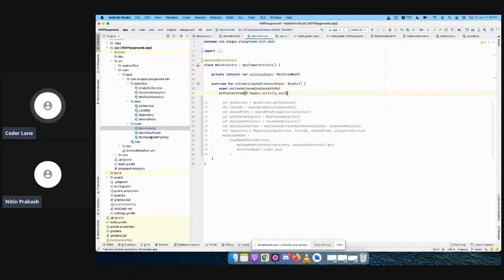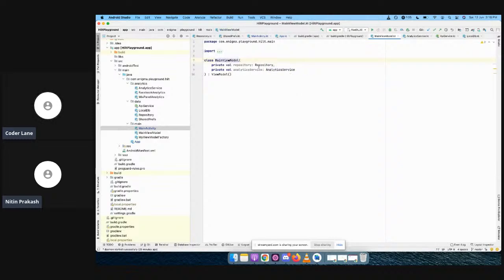Okay, so before that, I am using a view model, right? So let's instantiate this one by one. So to get the object of, let's say, the repository object, I just have to